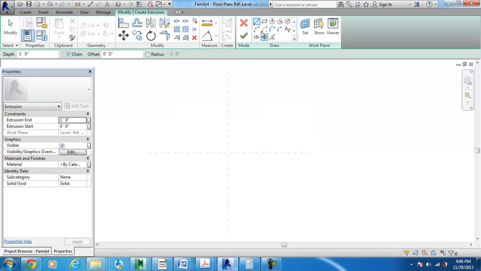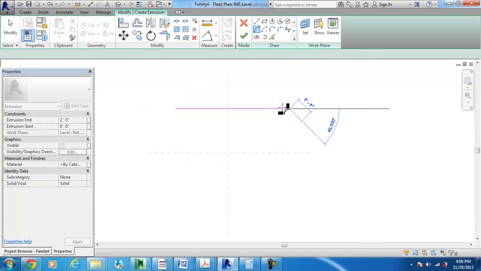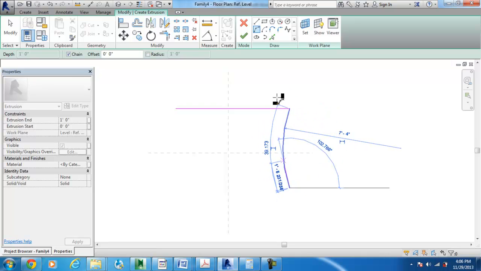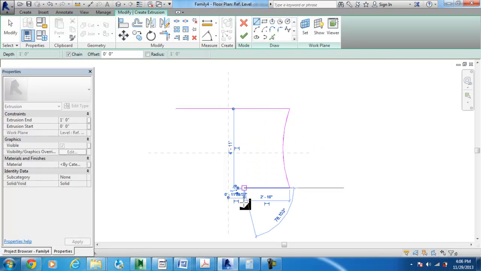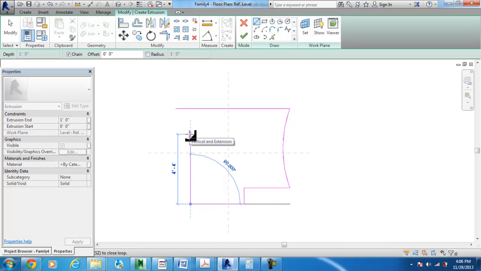Here I have different sketching tools in the draw panel. I'll use various sketching tools like the line, the arc, and then I can combine these tools to use and create a form. So I'm done with the form,